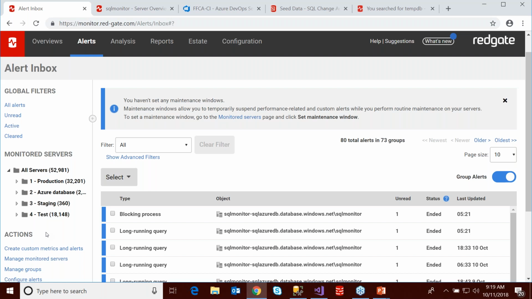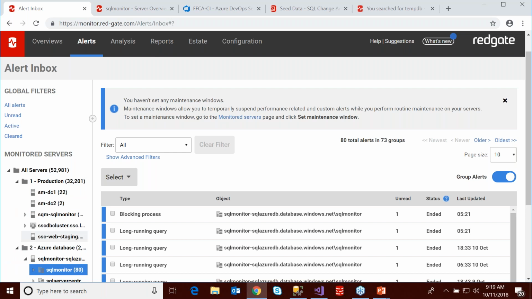So as you can see on the all servers level, which is the global level, we have over 52,000 alerts. So I think our DBs are not doing their job right now, because we have quite a few alerts that exist. And so one thing that you can do within this section here is that instead of sifting through 52,000 alerts, if you're interested in just seeing the alerts that got triggered on a particular folder, or ones that got triggered on a particular